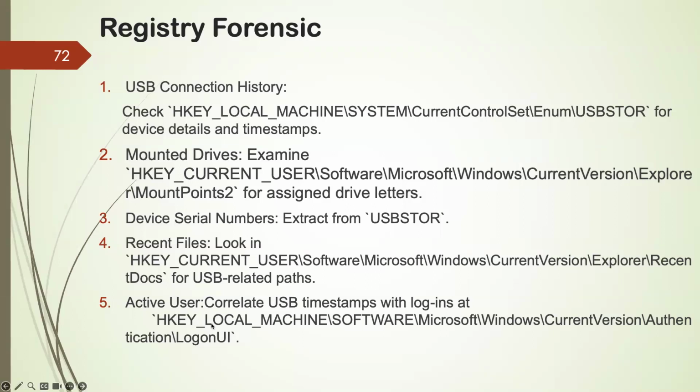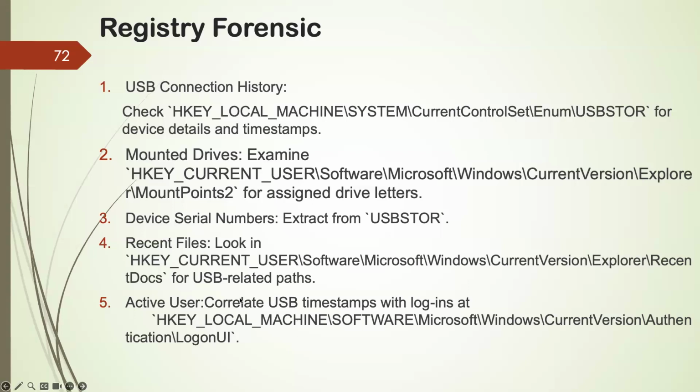Where we can find that: we can go into local machine software, this particular key right here, and it will contain LogonUI, and it will contain the information about which users logged in on this particular PC at what given time. So from here, if we see John's login ID, and in the recent files key we see that the trade secrets file was opened,